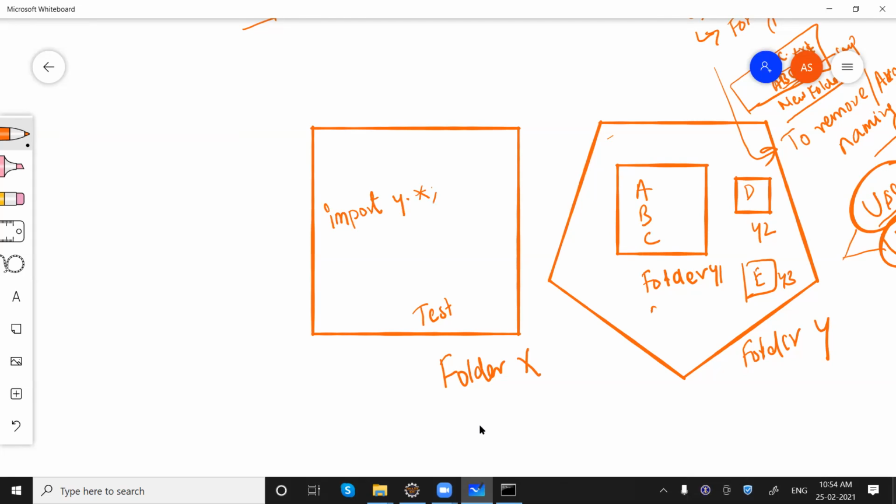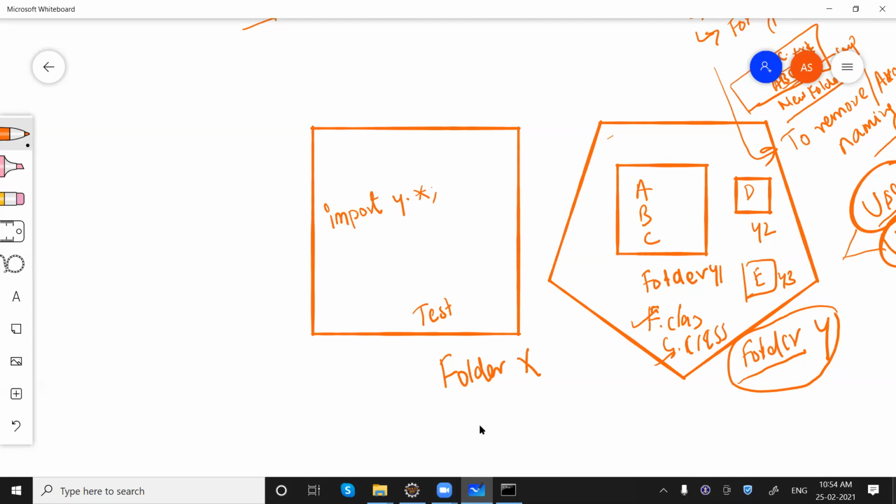Let's say here is a class F.class, G.class. So all the classes which are directly placed inside Y folder will be accessible. That means we can use F and G. What about these classes? These classes won't be accessible when we say Y.*.